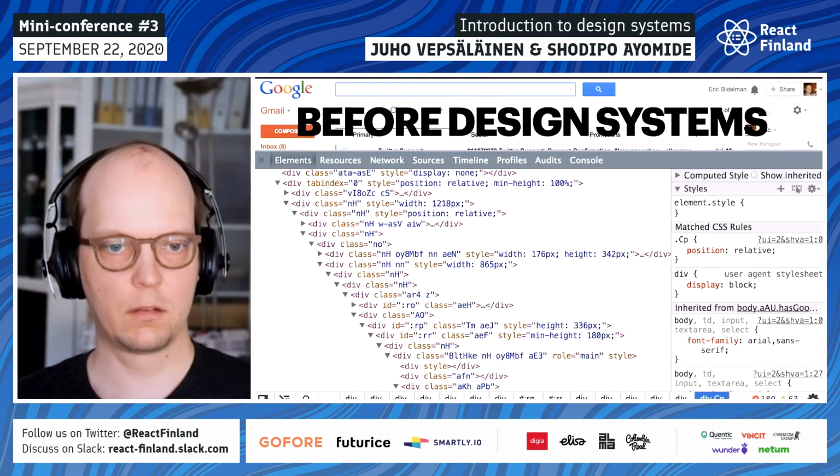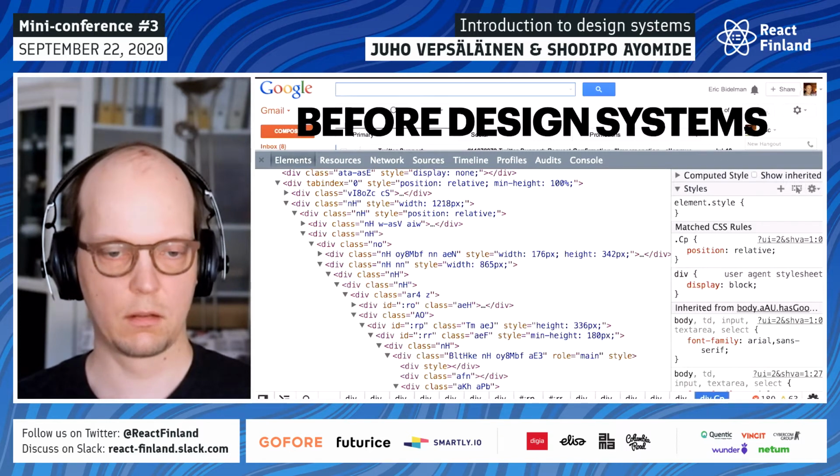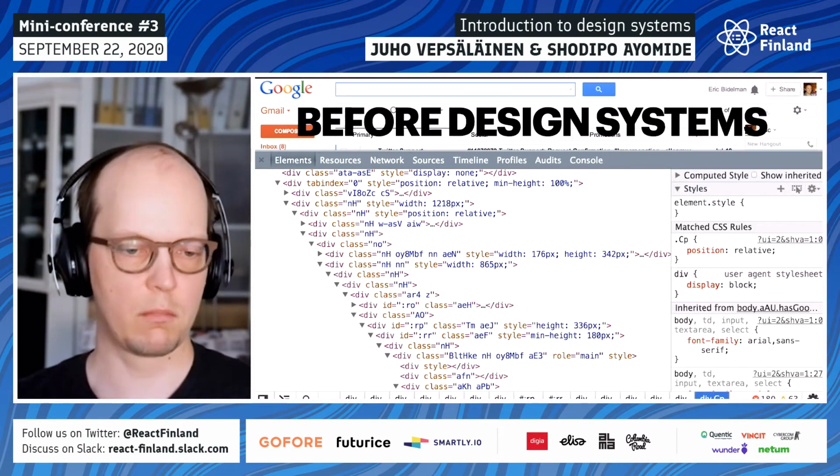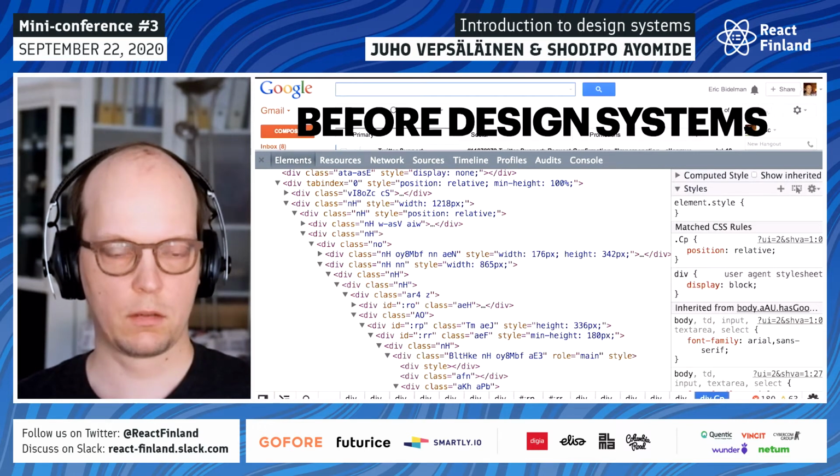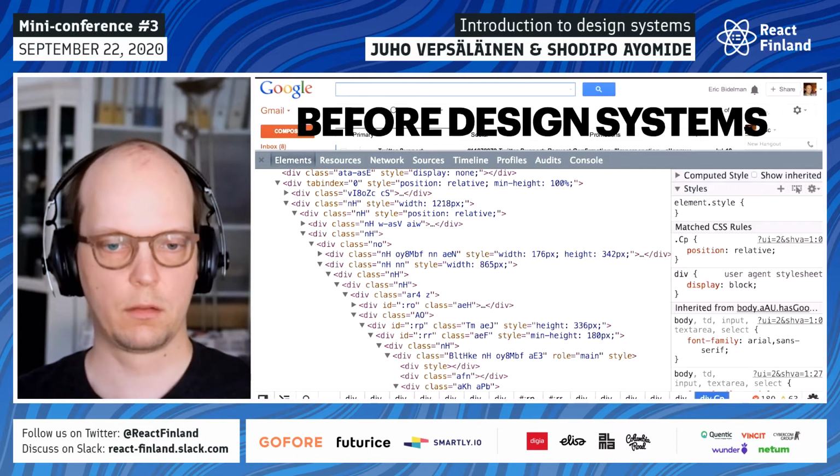Before I knew of design systems, I wrote code more like this. It's called div soup. You write divs and you add some classes and make it match your mockup that's coming from the designer. And then once you're done with the markup and CSS, maybe some JavaScript, then you call it done. But of course, after a while, you notice that it's not a very sustainable way to develop applications or websites. And that's what has been changing during the past couple of years.